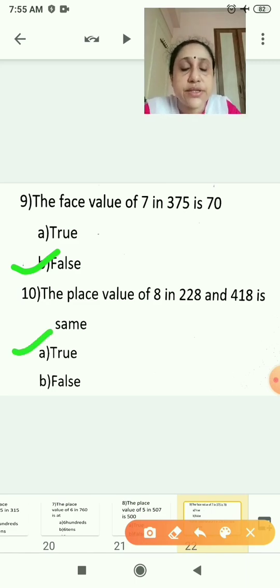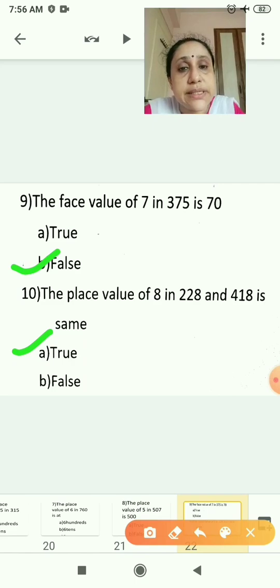Okay, got it? Understood? So what is place value? In place value you have to give the value of the numbers that will be in hundreds, tens, ones. And in face value nothing will change, the number will not change, it will be the same.